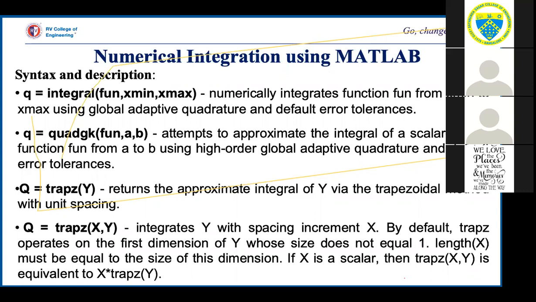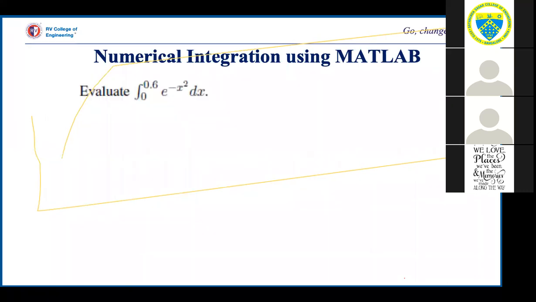Let us take up a few examples. So you have to integrate this. When you observe the integrand, is it possible to use any substitution method and do it? So we need to go for numerical integration here. Limits are specified as 0 to 0.6.